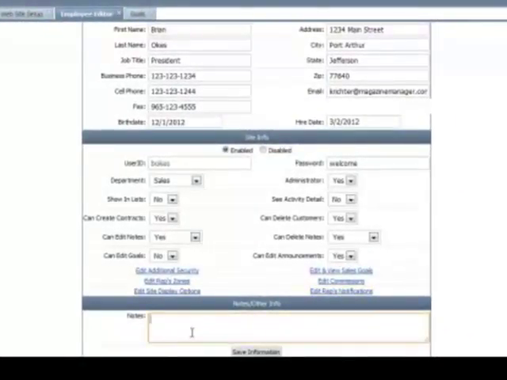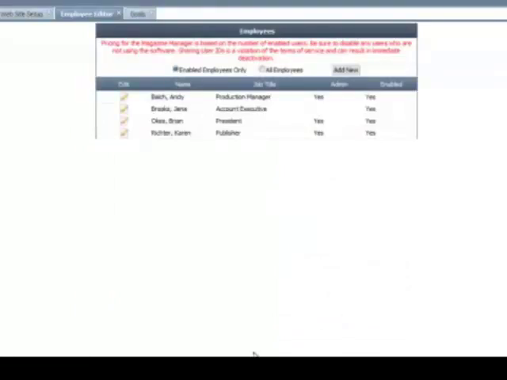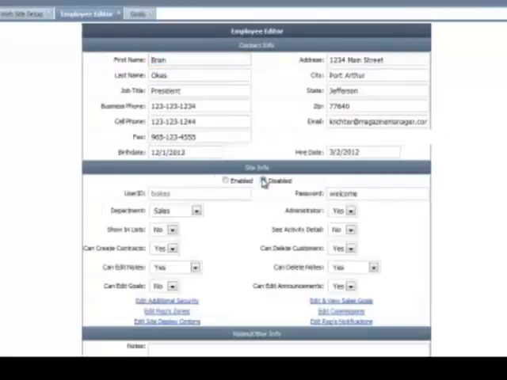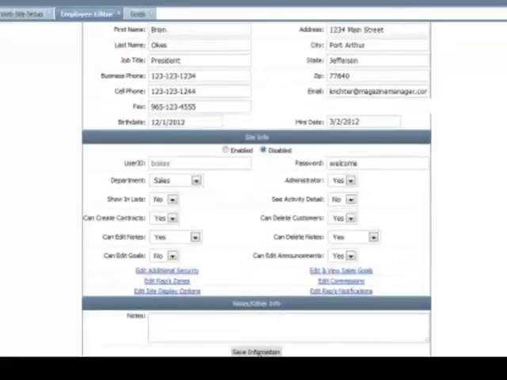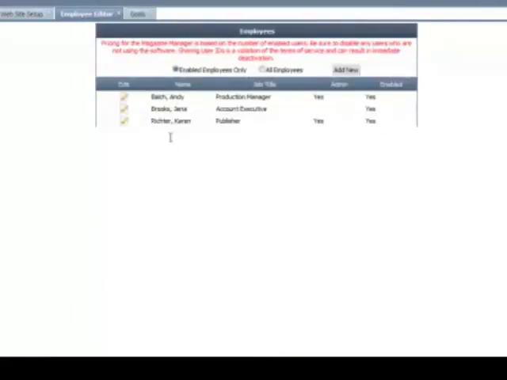When you're all finished here, you can put any notes in here if you would like regarding this employee, and then hit Save Information. And now that is an enabled employee. If we want to disable an employee, we simply go to that employee, click on Disable, hit Save Information, and now you'll no longer see them in this list of enabled employees, but they'll still be in the list of all employees. And that's how you add and